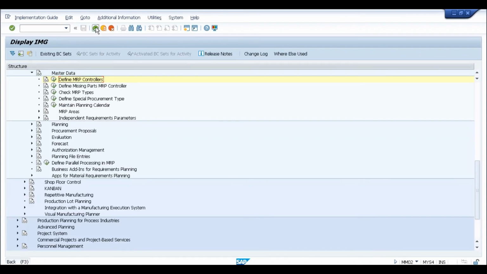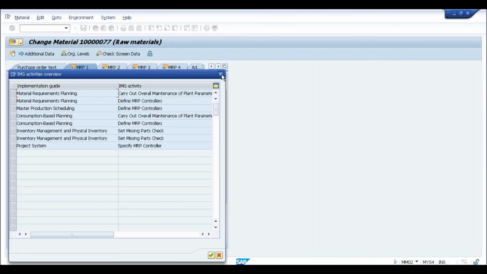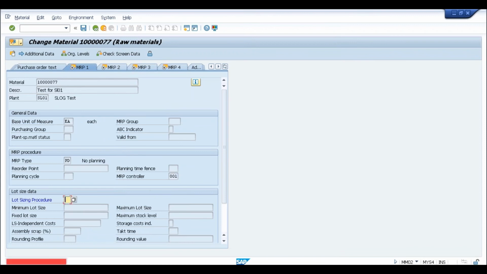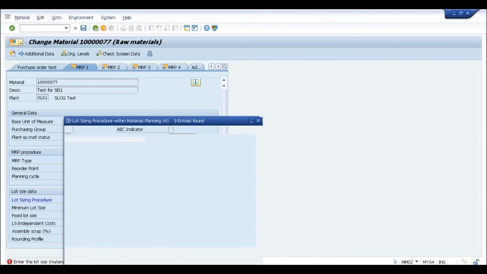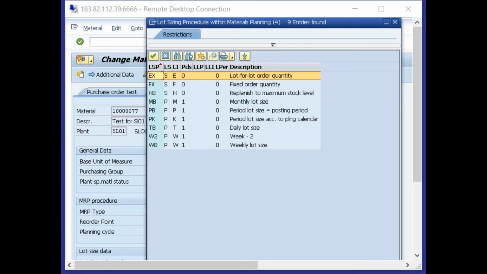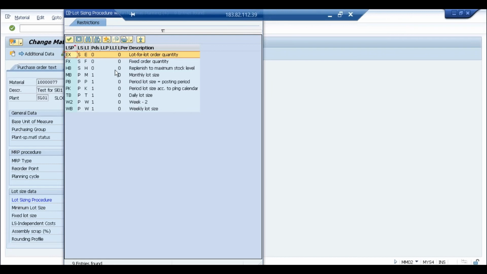Okay, so if I come back now completely here, this is MRP controller. Somebody has made it mandatory. That is the reason it is asking. Make it EX, I think that's the best thing to use.